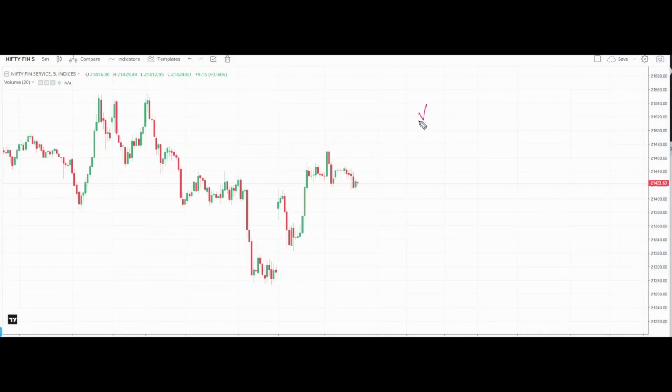Now traders, if you are an option buyer, what is very important? It is important for us to identify the trend of the market. It can be based on price action, it can be based on stop loss hunting, or any other method which suits you. But identifying a trend is very important. Only if you are able to guess the direction of the market, you will be able to choose the correct strike price for your trade.